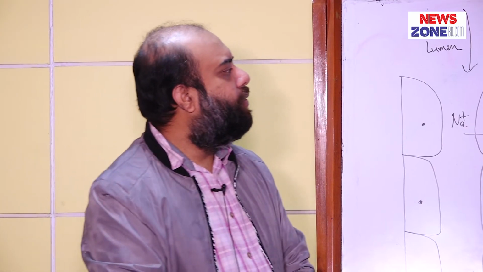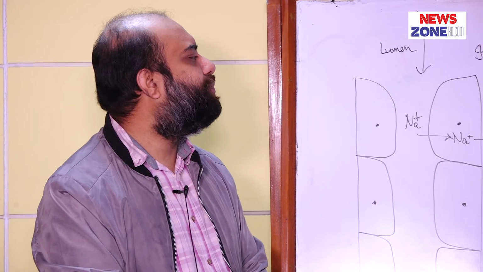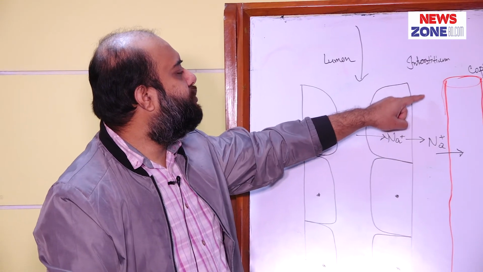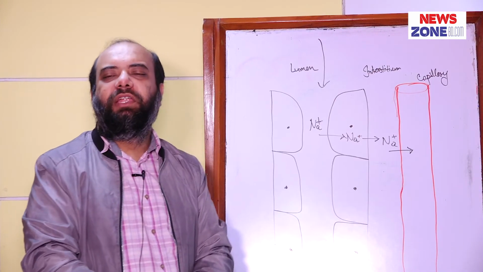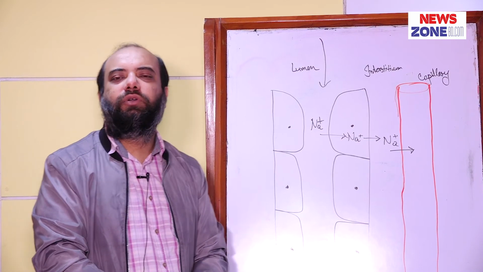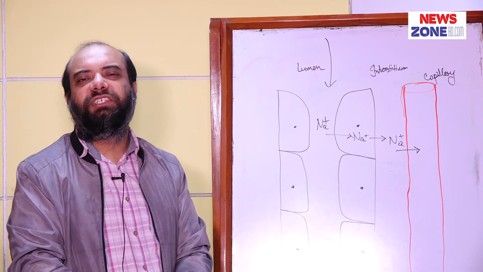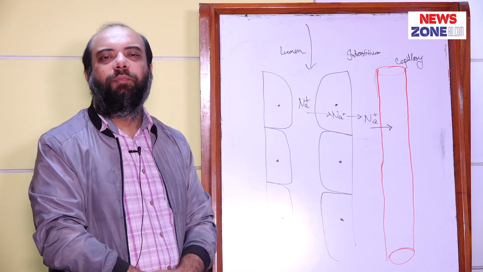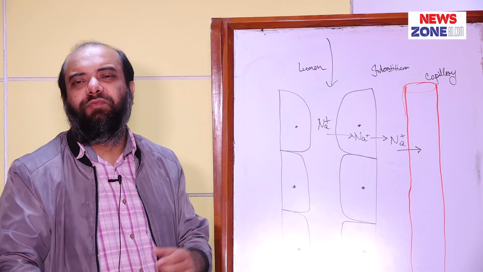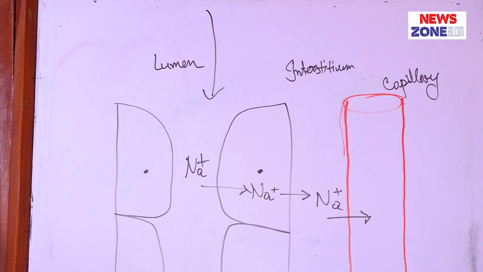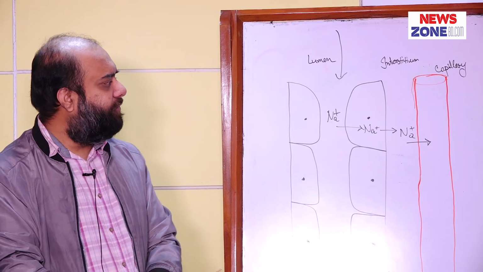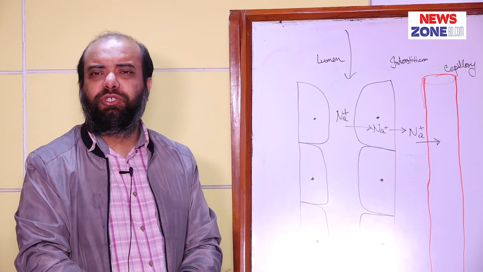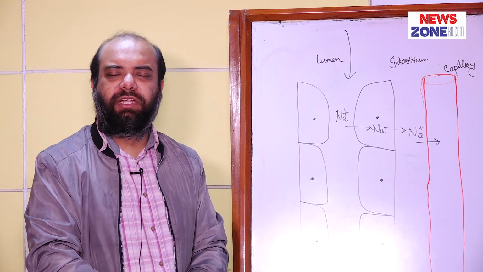And then we have to know in which process sodium will travel from the interstitium into the peritubular capillaries. It is called ultrafiltration. Ultrafiltration is one kind of passive process, and the driving force of the sodium ion will be formed by the colloid osmotic pressure and the hydrostatic pressure gradient. This is the end of sodium transport process from the proximal convoluted tubule.